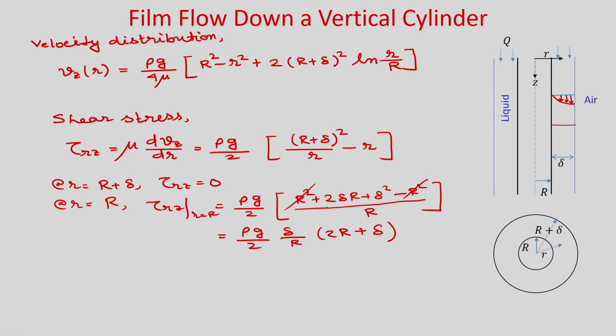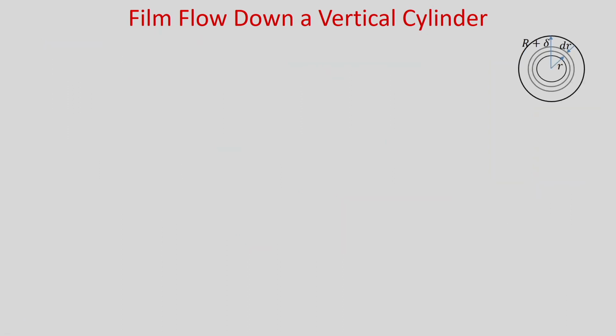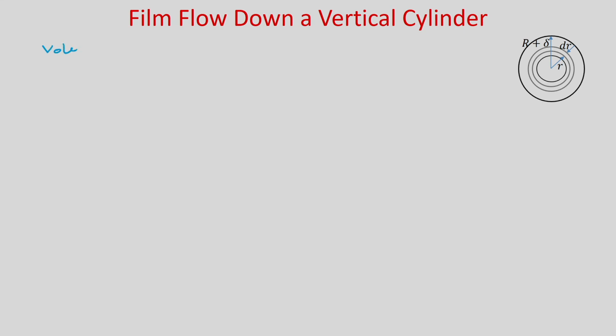shear stress is 0 here, right. So, it will vary like this. Now, we are interested to find the volume flow rate, and if volume flow rate is known, then you can find the film thickness delta. So, first let us find what is the volume flow rate. Okay. So, if you want to calculate the volume flow rate,